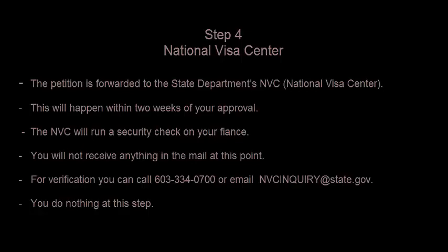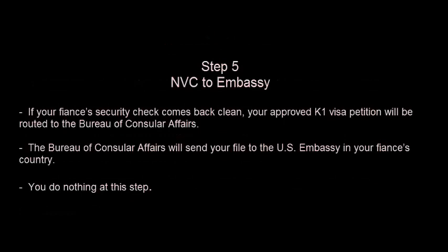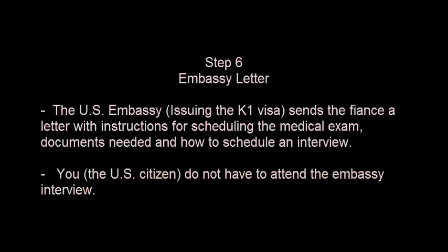And step 5, it goes to the embassy after everything's been cleared and approved. It goes to the consular affairs, that's the State Department, and then they'll send it to the embassy and they will schedule the next step. And the next step is the embassy letter, which they send to the fiance, instructing them where and how to get the medical exam and what documents they need to bring to the interview. And you do not have to